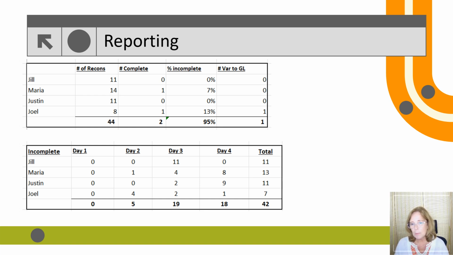In addition to these tables, you could track the time it takes to complete reconciliations and determine if there's an opportunity for automation. You could focus on reconciliations that are prepared on day 4 and see if some of those could be completed prior to day 4. Also, you could use these summaries to see if some preparers have a heavier load on certain days of the close. In my experience, it can also be really helpful to have everyone take part in a time study to figure out where the team has the most opportunities to reduce effort.